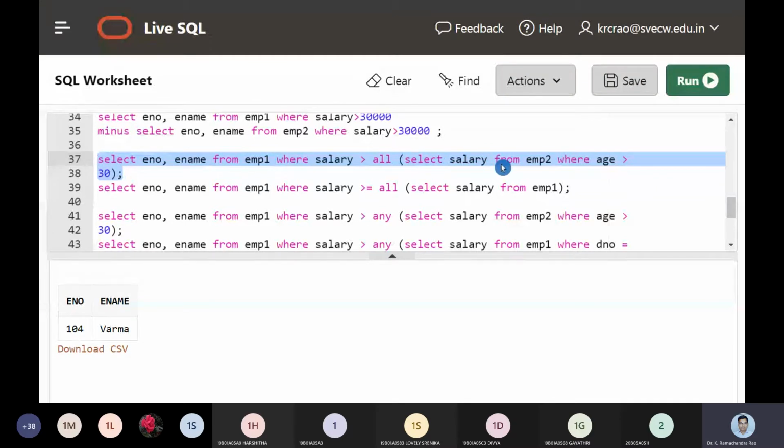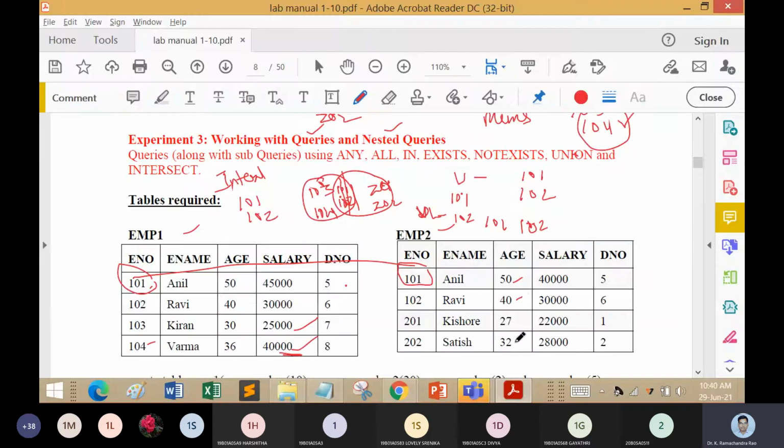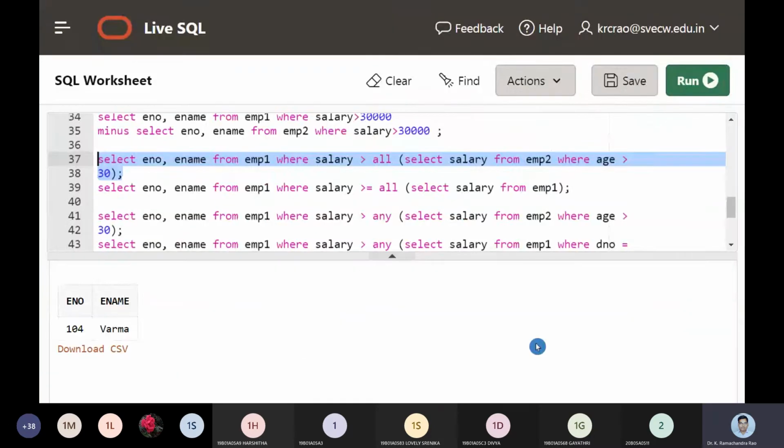That too we are going to see in employee 2. So age is greater than 30. Yes, we will get Anil's record, Ravi's record, and Satish's record. 3 records are there, and for all the 3 records, you need to verify.